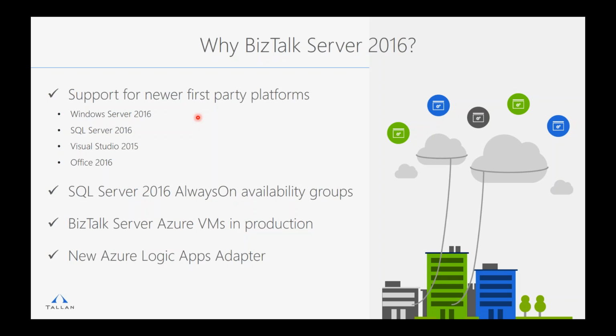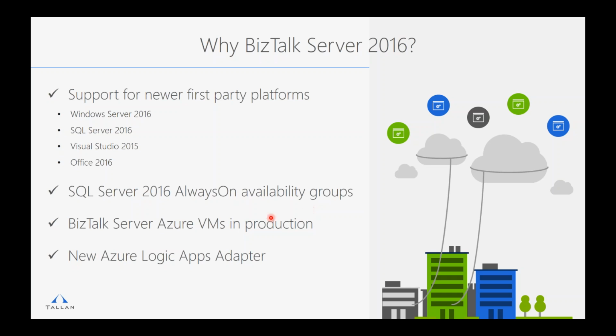Well, that's okay. Another big thing is SQL Server 2016 Always On. Previously, BizTalk 2013 R2 and prior didn't support the Always On availability groups in SQL Server. And that's primarily because of the MSDTC, the Distributed Transaction Coordinator, and that's really how it distributes the transactions across the database and multiple server applications. So that was really the big thing. Now with 2016, it's supported,